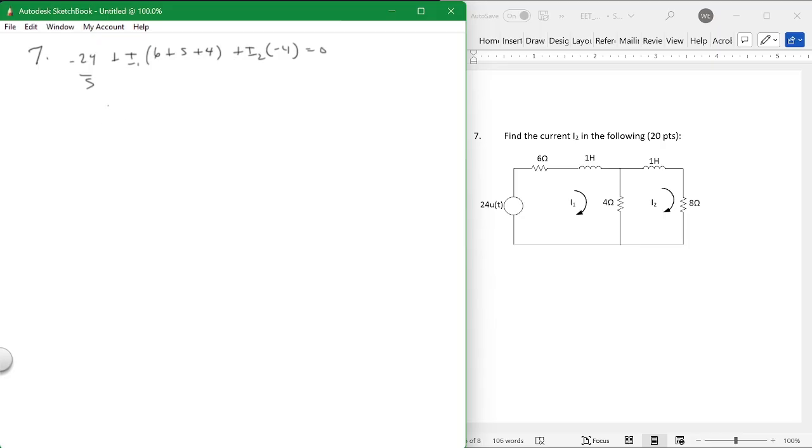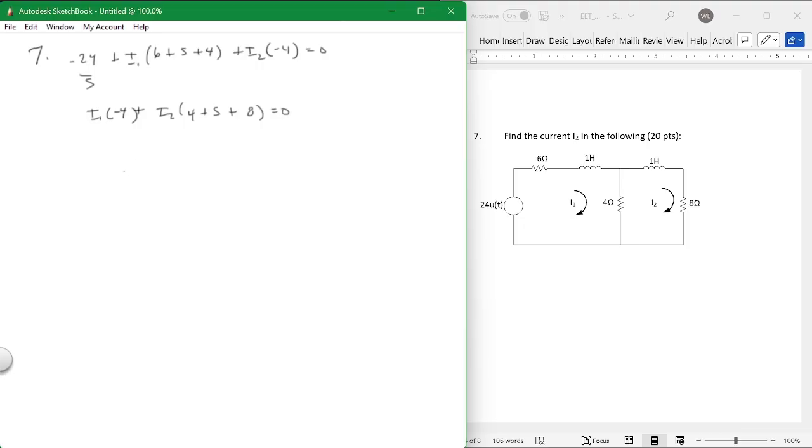Around the second loop, it is I1 times minus 4 plus I2 times 4 plus S plus 8 equals 0. And you sort and sift,